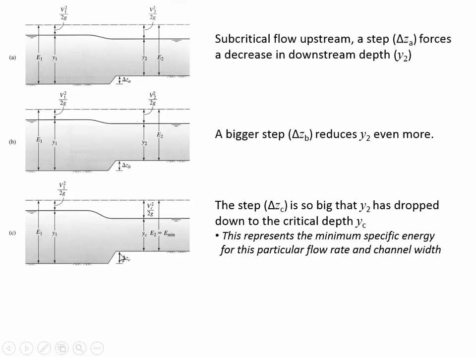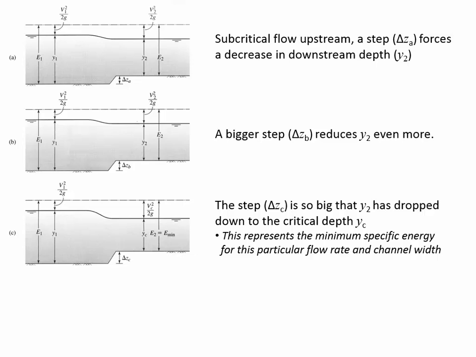At the beginning of the lecture, I told you that critical flow conditions are very efficient. It's the maximum flow rate for a certain specific energy. And so the flip side of that is it's the least amount of specific energy for a certain flow rate. So before the water starts backing up at 1, it'll flow at critical conditions over the